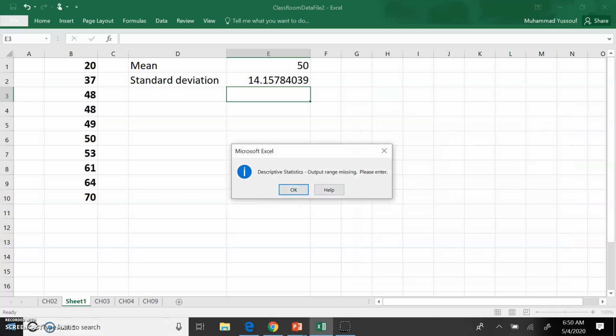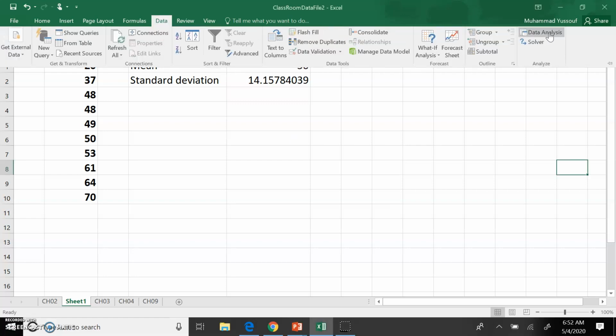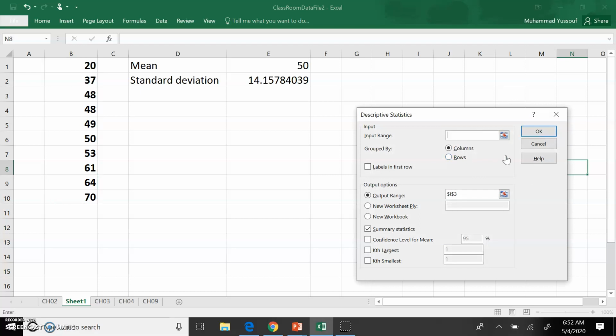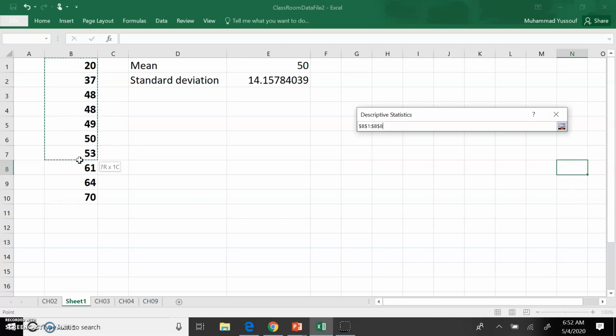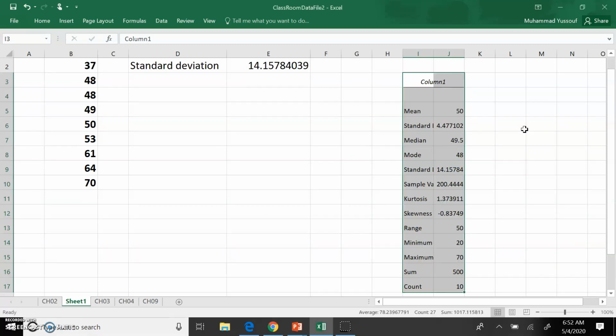Oh, sorry for that. Something went wrong. Let's see how we're going to do that. You go to Data Analysis, this one, and just clear that. It is asking, where is your data set? This is my data set. It is asking where you want your output range. You just give the output range where you want the output to come, and just check this box, and let's see what happens. And you see